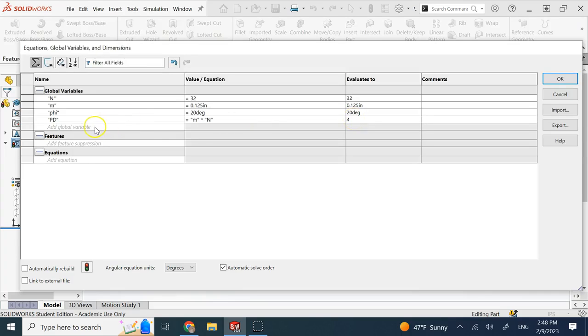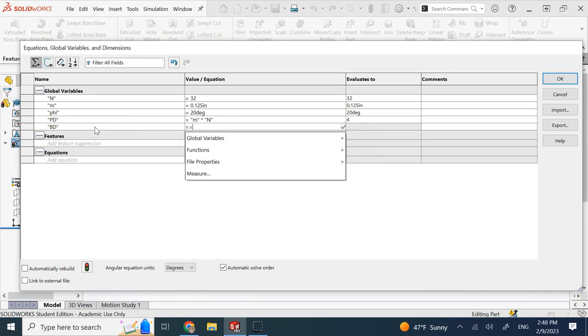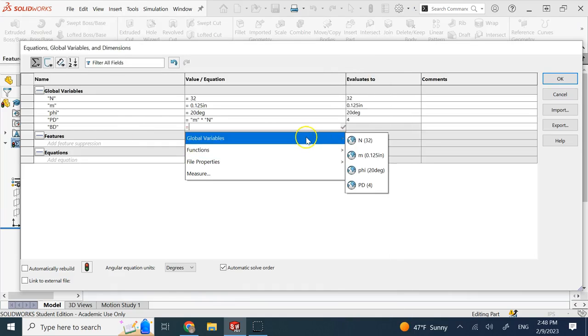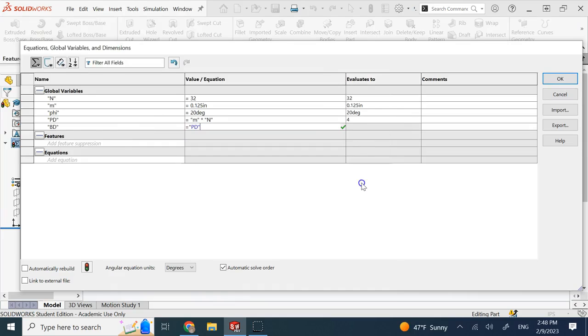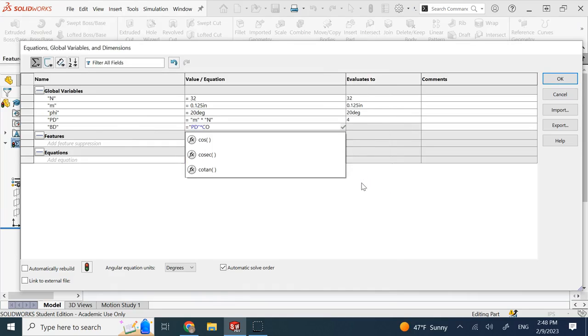Or for example, the base circle diameter BD is equal to PD times cosine of